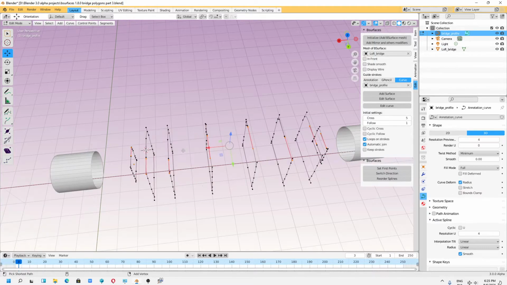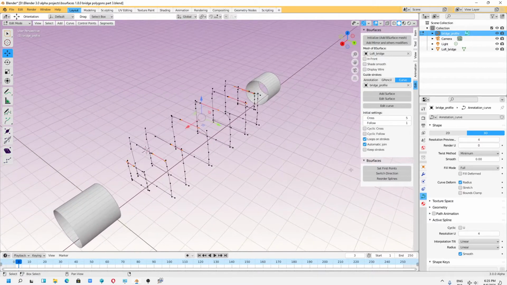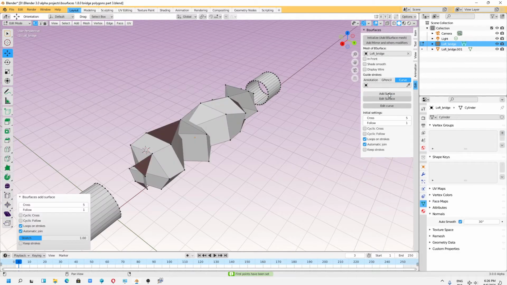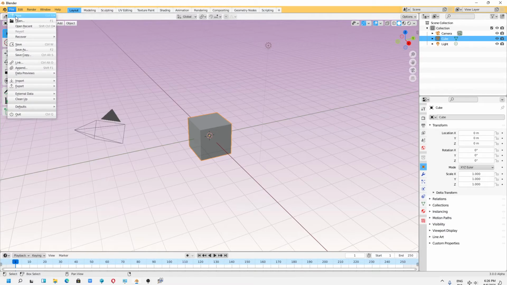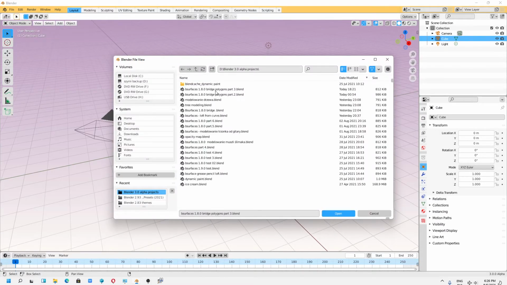No, this doesn't help. I shouldn't really do that. Because I thought, what about the option switch, set first points? What about this? In this case I shouldn't use this option, and I will use general, and I will open